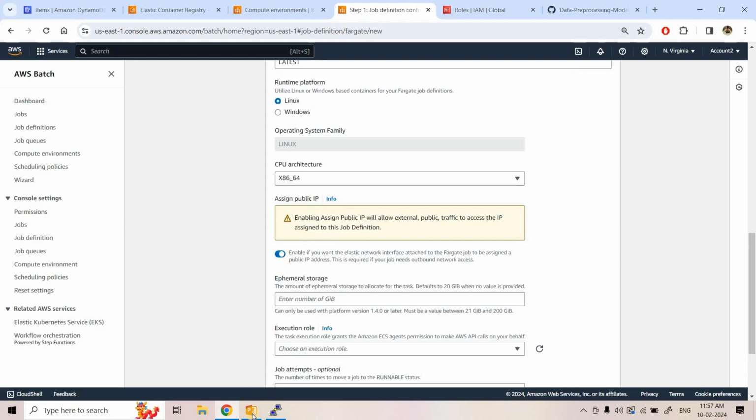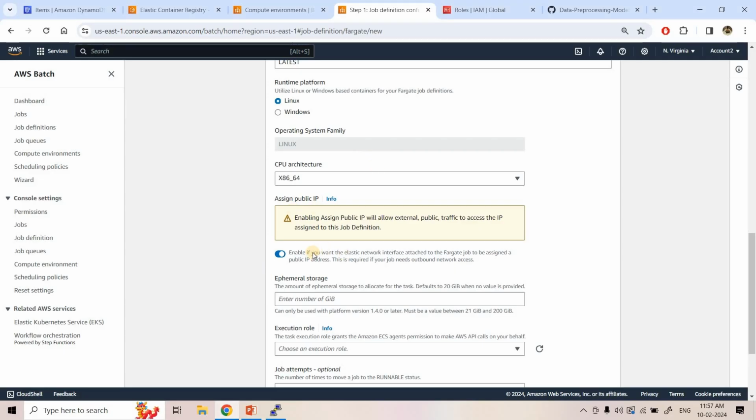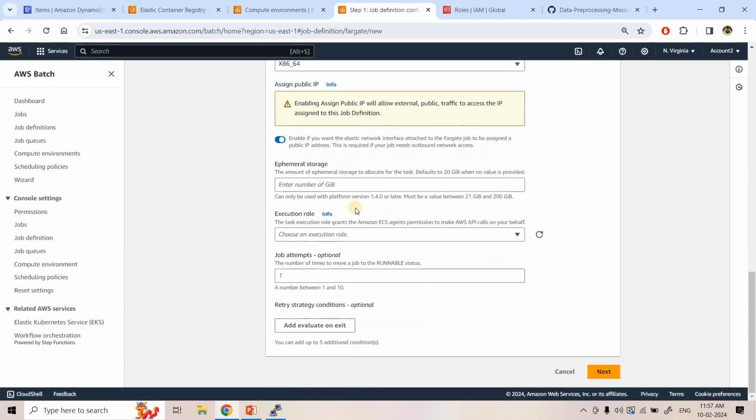Why? Because here, if you see, that job definition we are configuring is based on the image. Now once we try to run our job in the batch compute environment, this particular job in the backend will pull the image from ECR, so that internet connectivity should happen. Either you can use a NAT gateway if you are working in a private subnet in a secured manner, or if you are working in public, then you have to assign a public IP, so that it will face no problem in pulling that particular image from ECR. Okay, so here I am assigning the IP. Ephemeral storage, no need to configure anything.